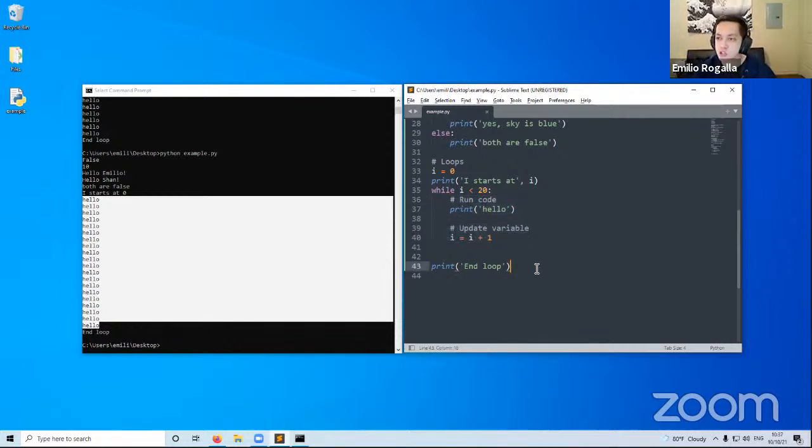I'm going to just really gloss over for loops because they're not going to be too useful here in our program that we're going to describe, or in our game that we're going to make. All right, so a for loop is just going to say for, just like the while loop. We'll say for, and the way a for loop works is we'll say for a variable in, and then we need some sort of thing to go through. So this is called a list. We'll say print